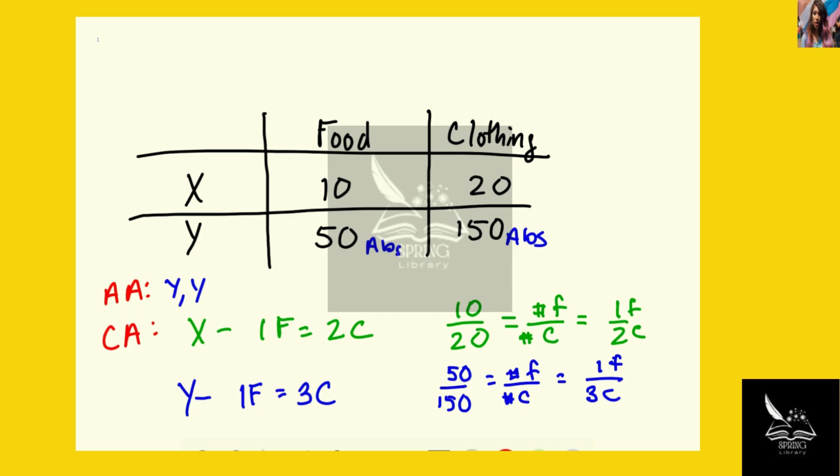So because it only takes 2 pieces of clothing to produce 1 item of food, country X has the comparative advantage in food production. So they have the comparative advantage, but they don't have the absolute advantage. So in this situation, it is possible to have a comparative advantage